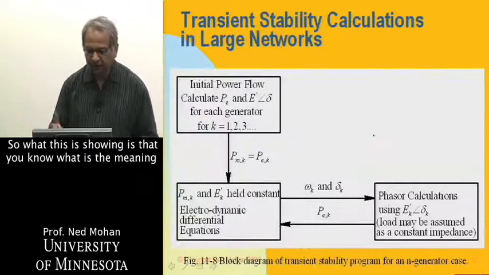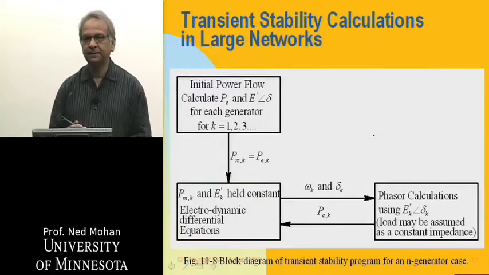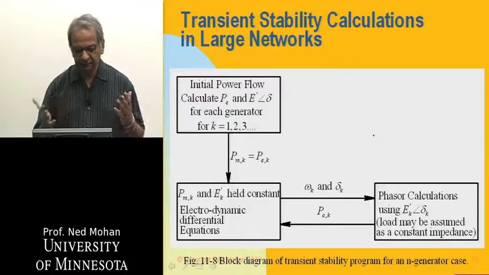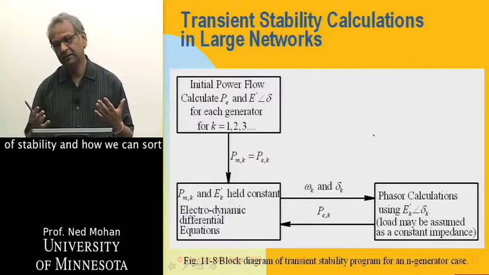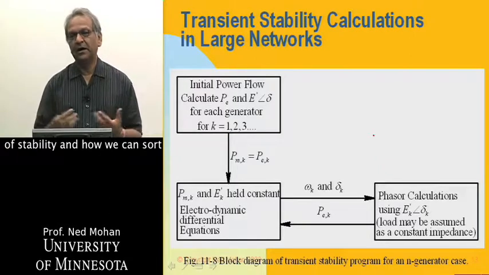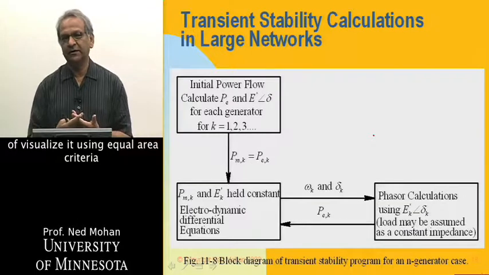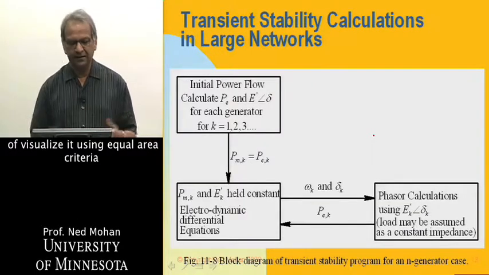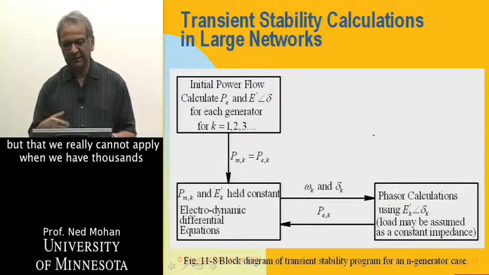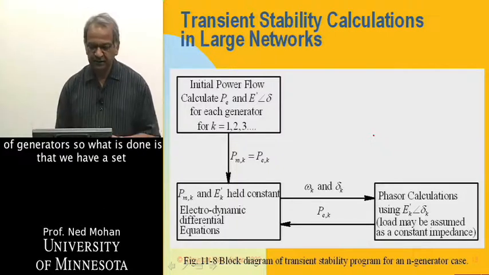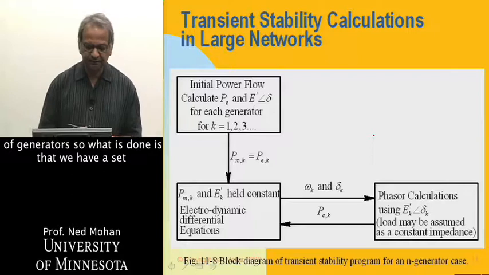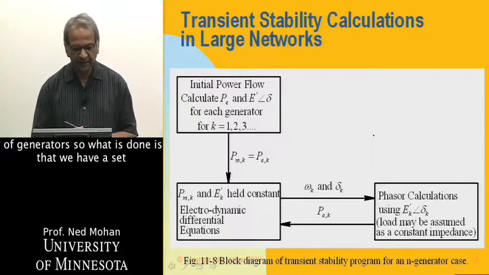Okay, so what this is showing is what is the meaning of stability and how we can visualize it using the equal area criterion. But that we really cannot apply when we have thousands of generators. So what is done is that we have a set of